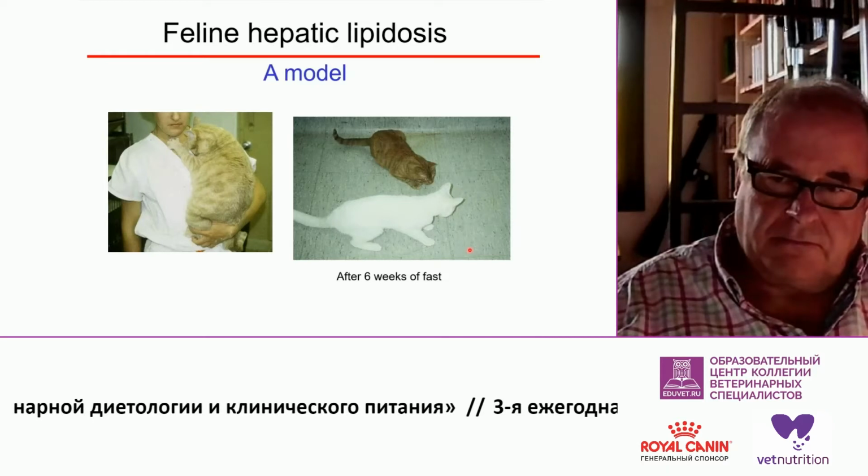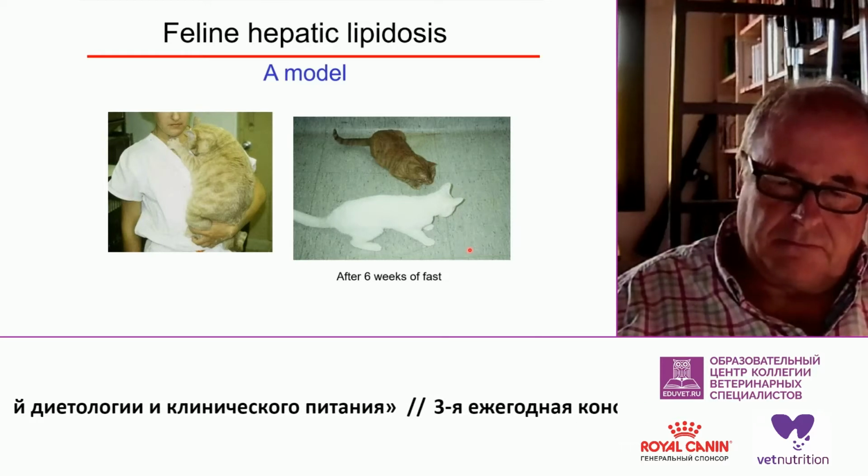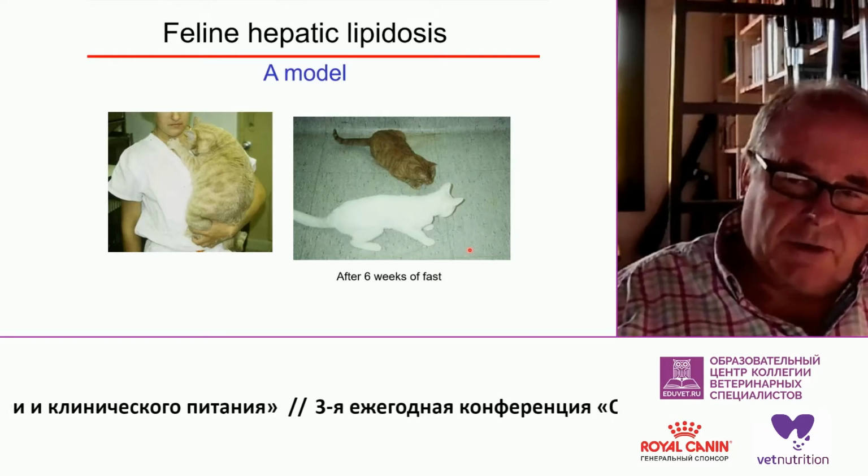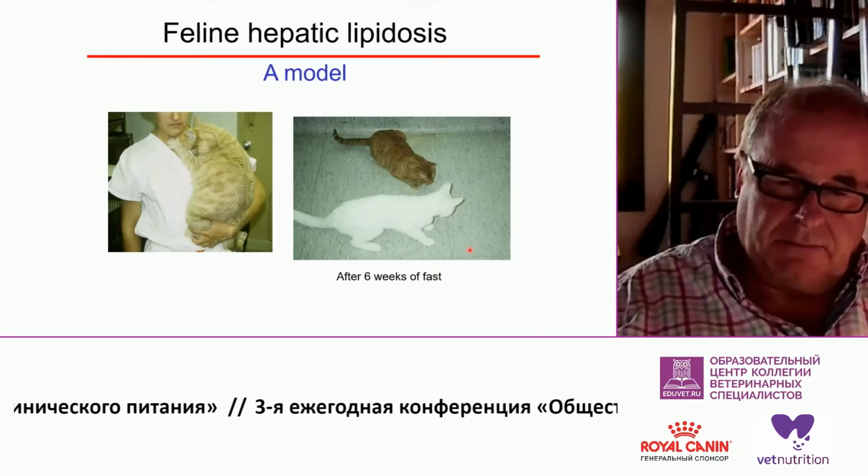as you're not able to monitor individual intake,